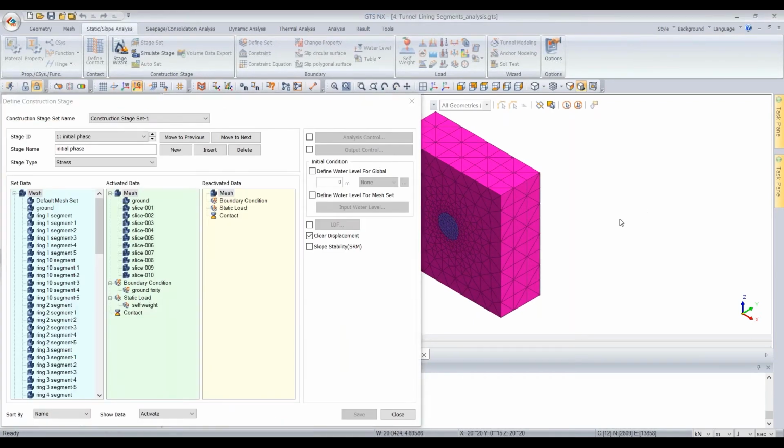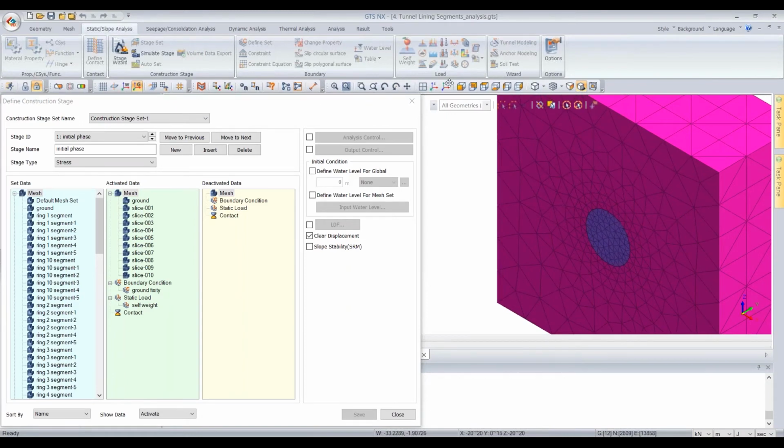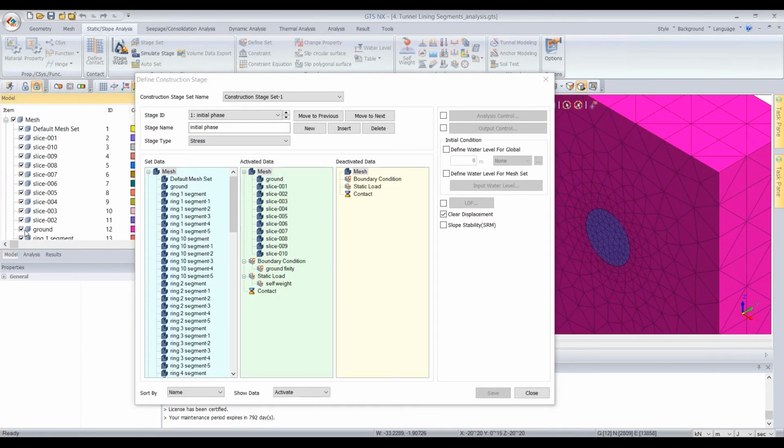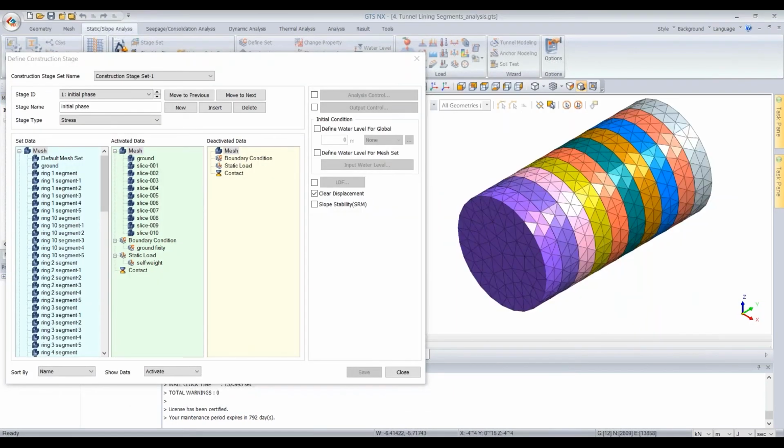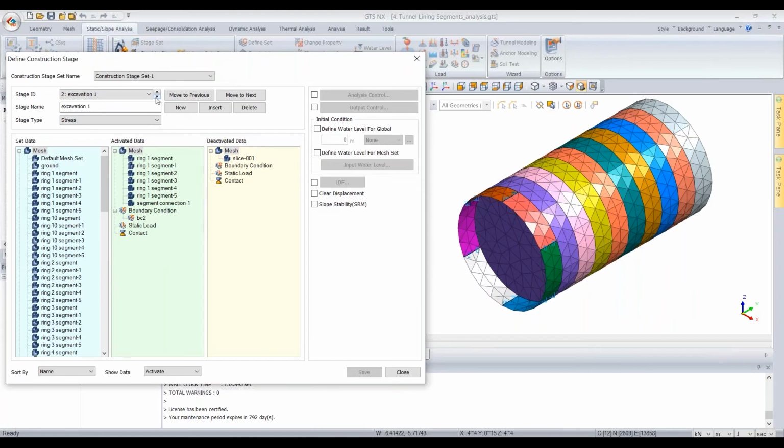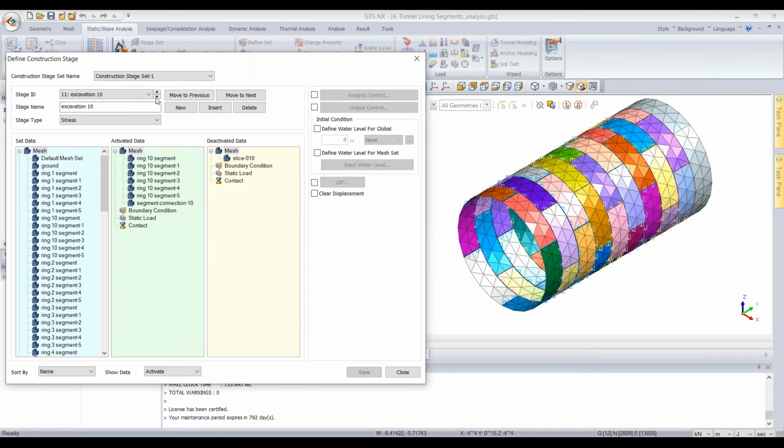So here, let me check the process on the mesh set, just hiding the ground. To simulate the stage phase of construction, the first excavation, again deactivate the slice and activate the link segment with the segment connection and the boundary condition. The second excavation, next excavation, and the last one. So okay,